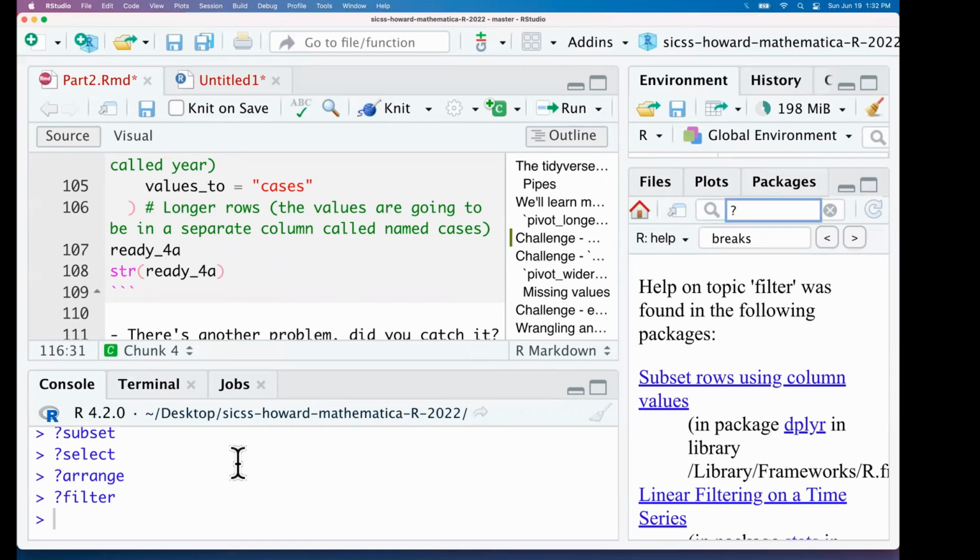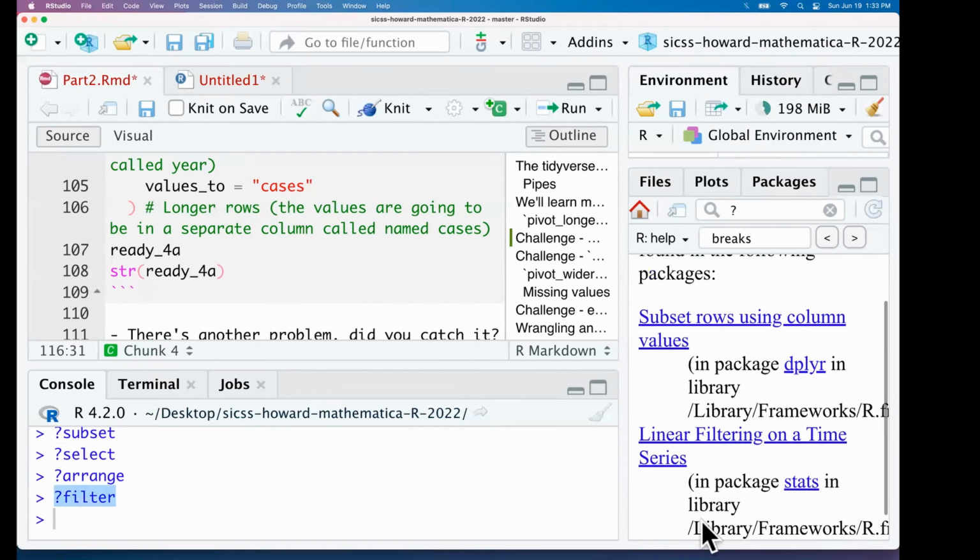Filter, yeah, so if we look at the help for filter, we see that there are two different packages that contain a function called filter. One is from the stats package that does linear filtering on time series data. The other is from dplyr that subsets rows. So to make sure we know we're getting the one from dplyr, we can use this namespace resolution, this ::